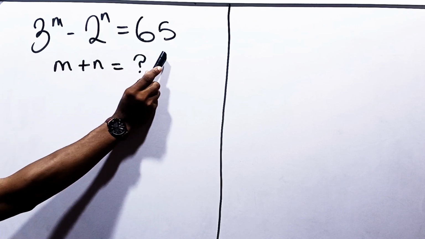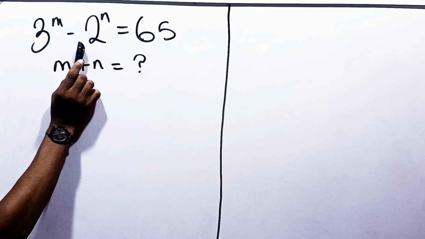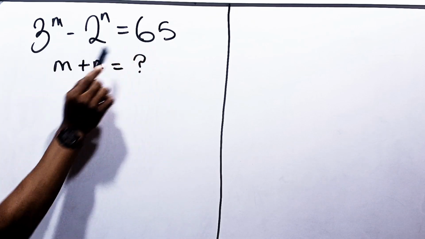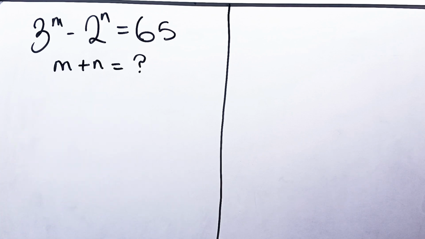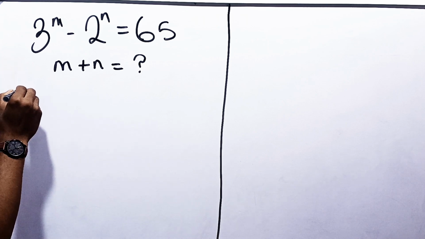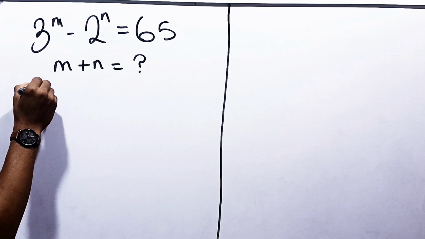Let's solve this question together. It says 3 raised to power m minus 2 raised to power n is equal to 65. We're required to solve for the value of m plus n. Now, first things first, we can say from here that 3 raised to power m, we